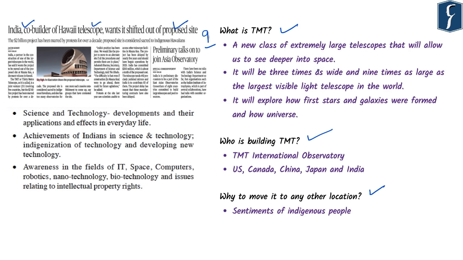So, TMT implies the 30-meter telescope. It is a new class of extremely large telescopes that will allow us to see deeper into space. It will be around 3 times as wide and 9 times as large as the largest visible light telescope in the world. The primary objective of setting up this telescope is to explore how the first stars and galaxies were formed and